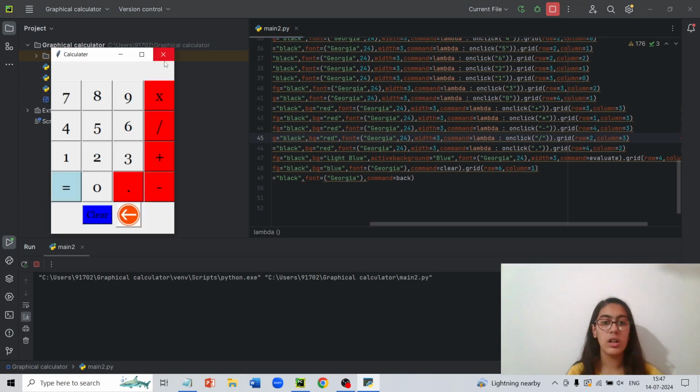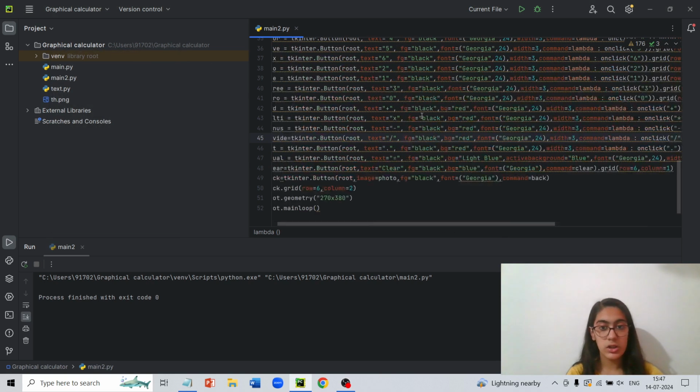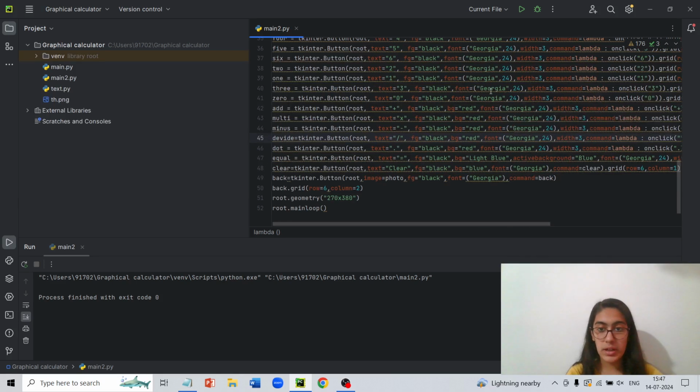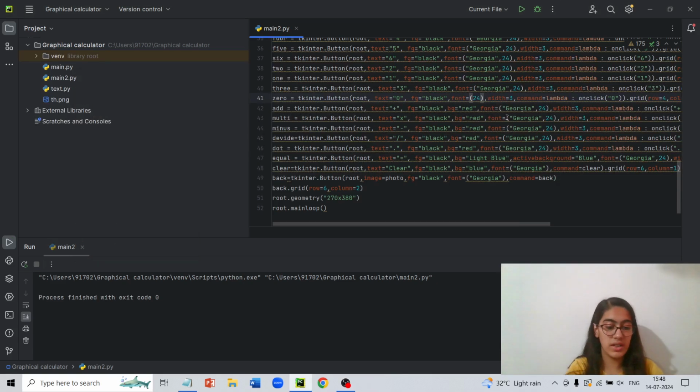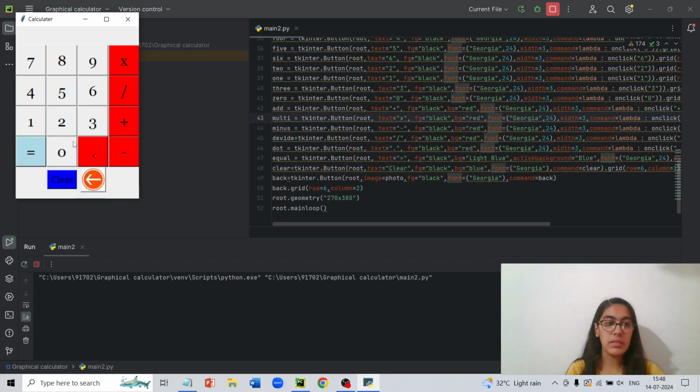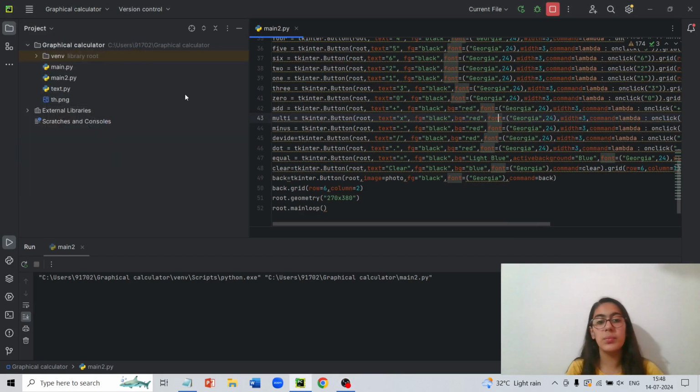Now we see once more that there are different fonts. So we can also add different fonts to this. Let us change the font in the 0 button. Remove the font actually in the 0 button. You will see that the 0 comes out a little different. So the size of the button is also due to the font. Let us change it back. We don't need a smaller button. Here we have our 0 back. So this is how you can make an easy calculator.